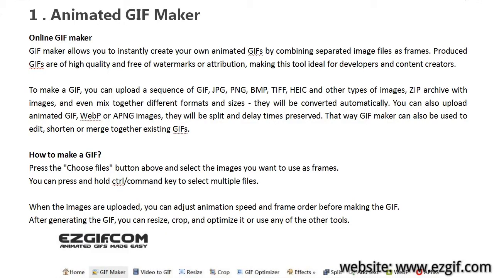1. Animated GIF Maker. Online GIF Maker. GIF Maker allows you to instantly create your own animated GIFs by combining separated image files as frames. Produced GIFs are of high quality and free of watermarks or attribution, making this tool ideal for developers and content creators. To make a GIF, you can upload a sequence of GIF, JPG, PNG, BMP, TIFF, HEIC and other types